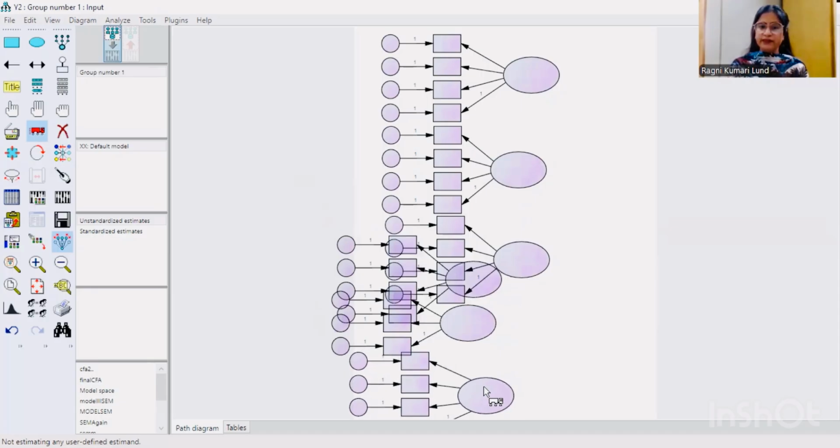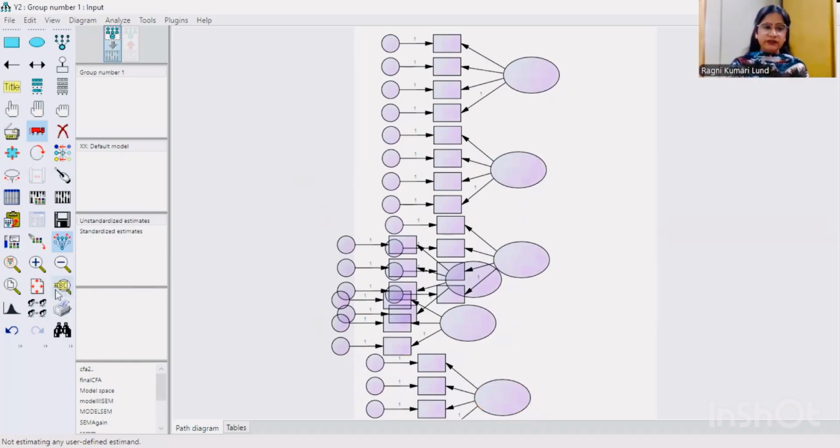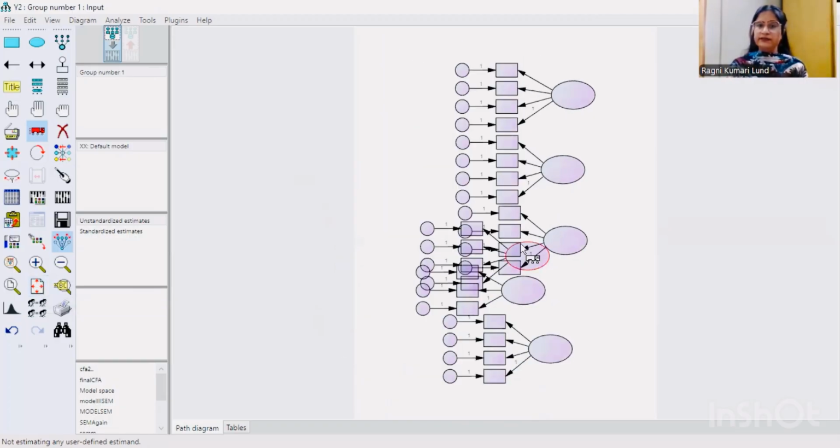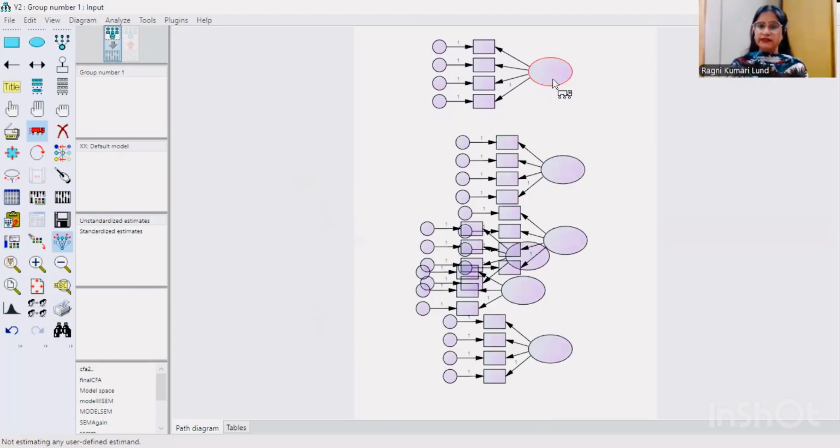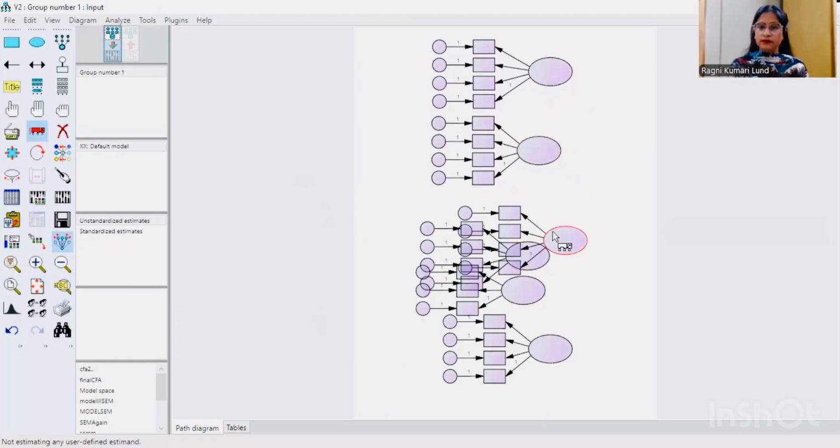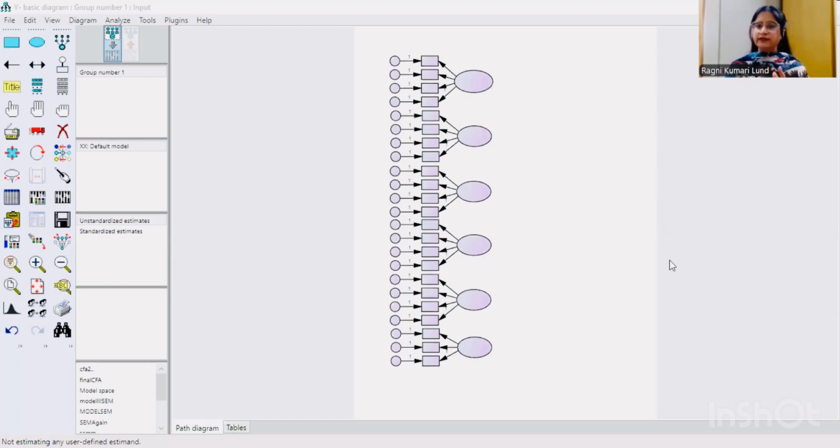So you can see our variable size is bigger and the page is very small. So you see this option. Here we have resize the path diagram. Then click it and it is very easy now to rearrange the variable shapes. Currently, we can see that this image is readable and visible and shows that this image has 6 variables. So this is how we can shape and reshape the variables.